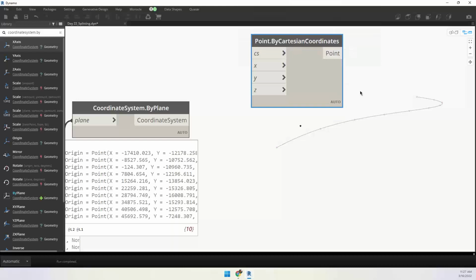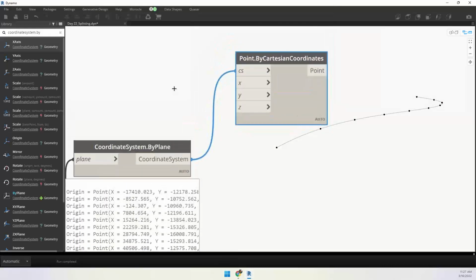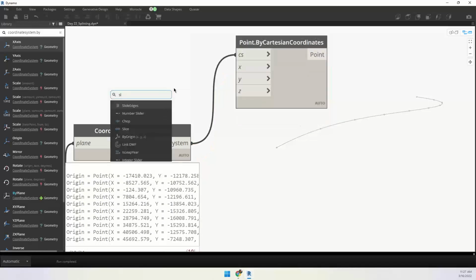Cartesian means you have an individual, special coordinate system. This coordinate system has to be connected to this, and then if you change the x value,